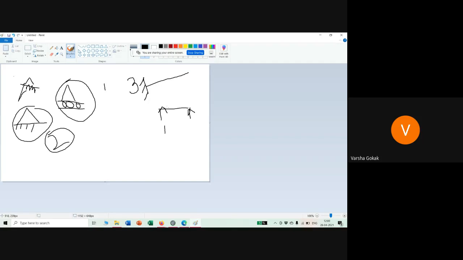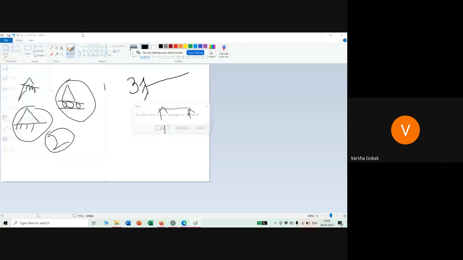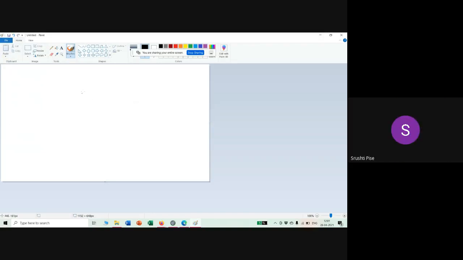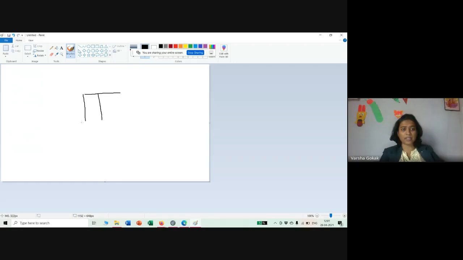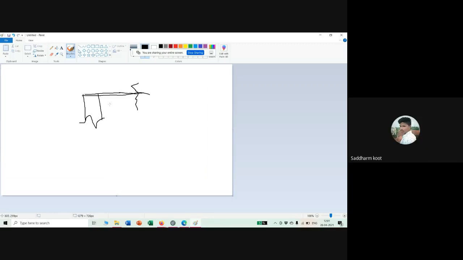What does a hinge, roller, or a fixed support tell us? Why is it 3, why is it 2? Anybody can tell me? We'll start with the restrictions offered. Yes, correct. Any other answer? So this is what type of support? Any guesses? This is visible to you on your screens, no? This is a simple support.